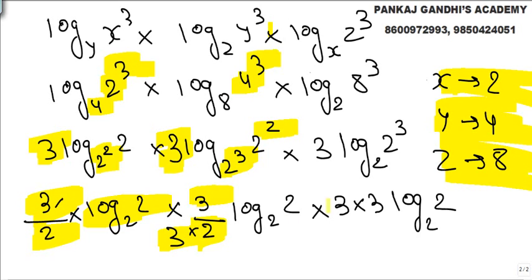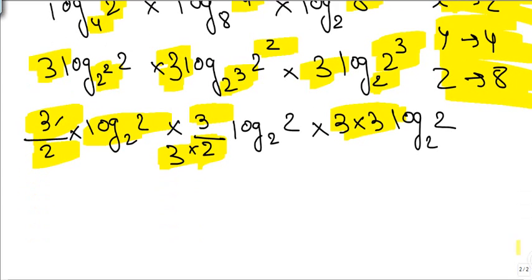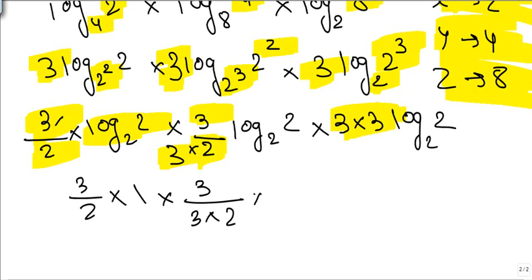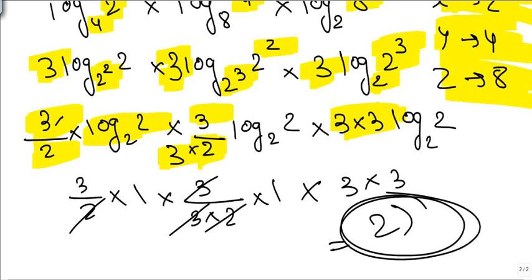So this comes this thing. Now this thing 8 is nothing but 2 cube. This 3 first came outside, 2. Now 3 into 3. Other parts, what all we know, they are 1. So what we get here is 3 by 2 into 1, 3 by 2, 3 into 2 into 1, 3 into 3. So what we get, cancel this, cancel this. So the answer is nothing but, we practice it extra so that it works in any exam.